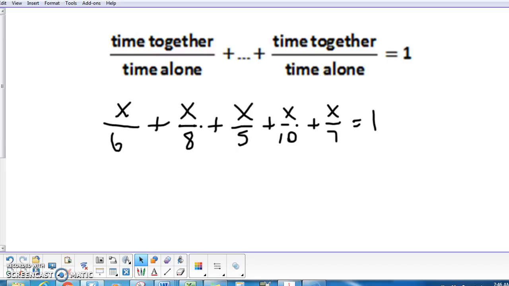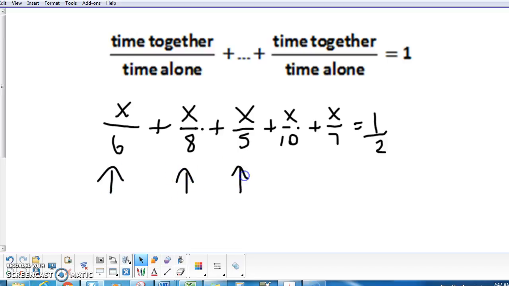If I had already started painting the room and I'd already had half of it done before anybody got there, so the five of you who are going to help me finish this only have to complete half the room. Then it would equal a half, because you're only doing half the room. If you're only doing 2/3 of the room, you'd only complete 2/3 of the room. So if you really think about how that works, that'll help you set up the equations for those. But the key is that each one of these